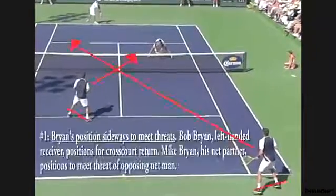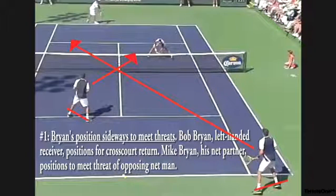One of the things you'll notice here is positioning. Mike at the net is facing the net man. He's not facing the net square on, he is facing the net man. Because again, the net man on the opposing team is the one person that can hurt him. If his brother Bob hits a down the line shot or hits a weak shot, or if he's hitting a cross court and the net man's poaching, that poached volley, if it's above the net, is going to go through